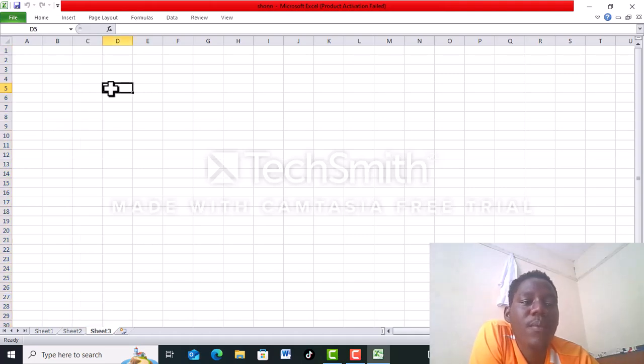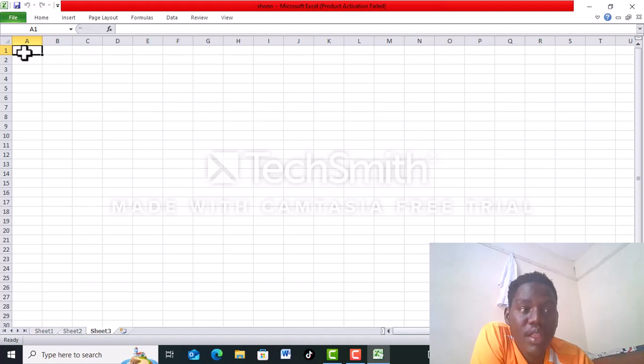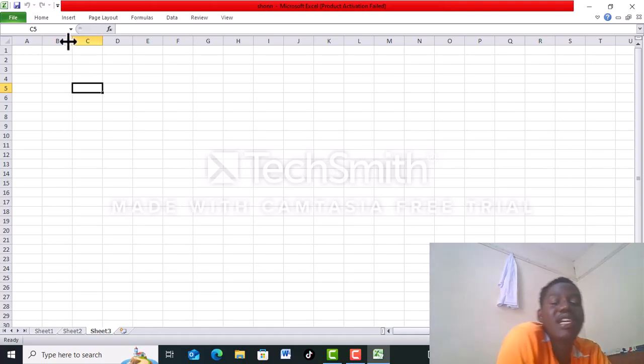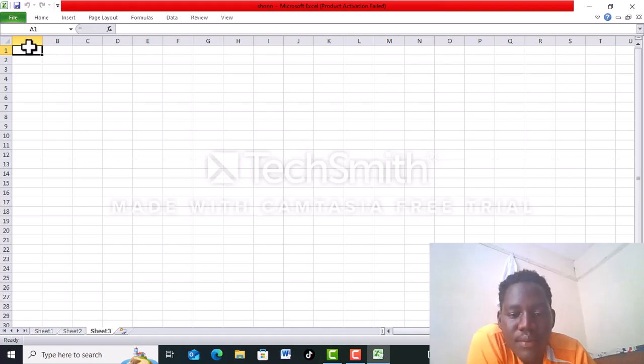Now the intersection of a row and a column is called a cell. This is a cell, this is a cell, this is a cell. And a cell is named accordingly. For example, this cell is named A1. You go first with the column, then the row. So this is cell A1,